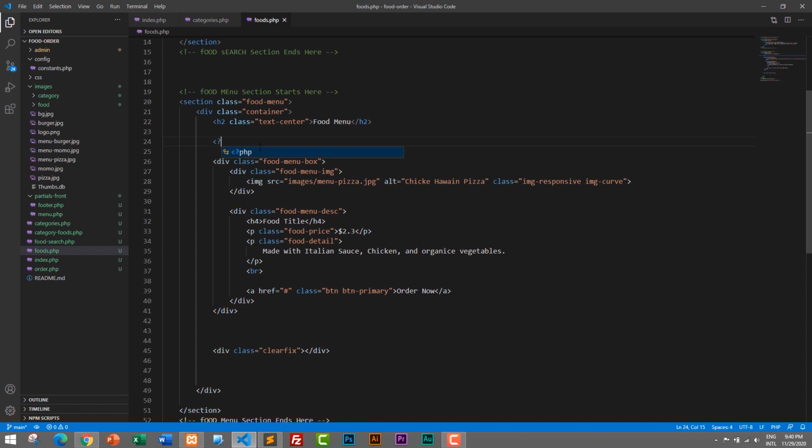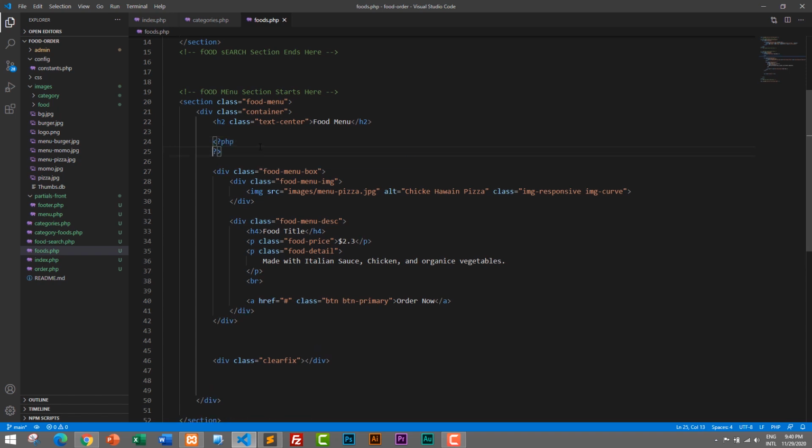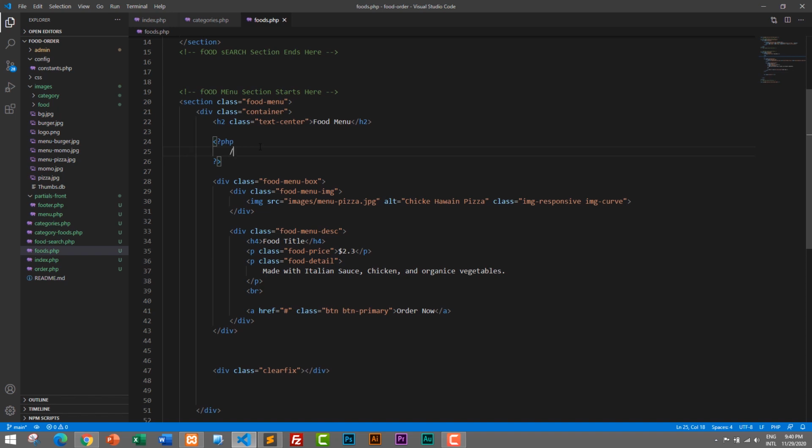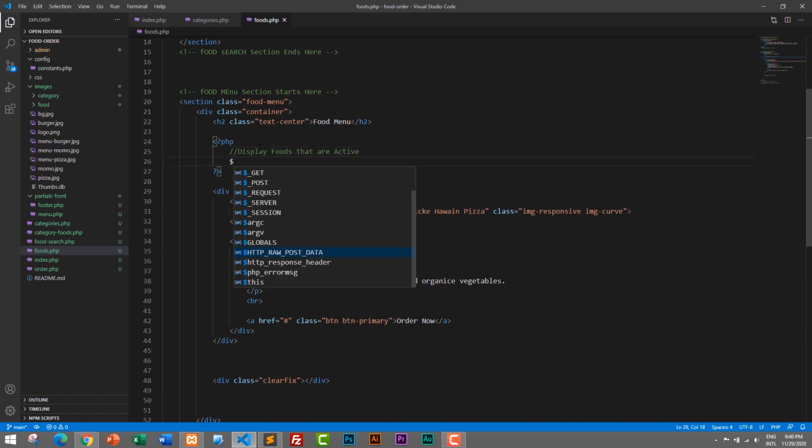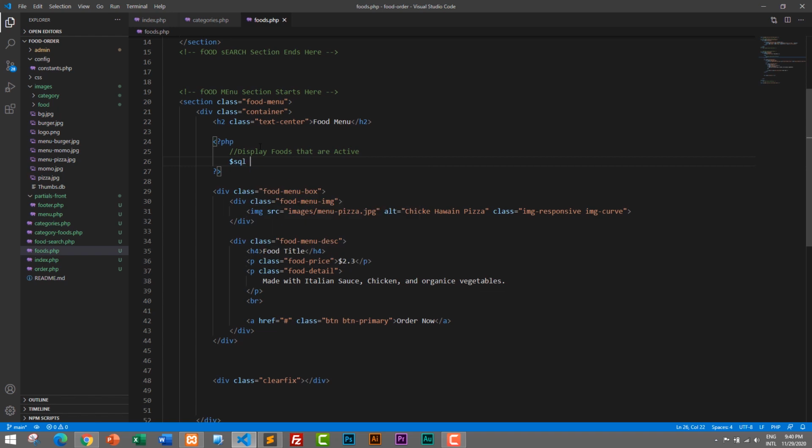Okay, so I'll open PHP, and here I will add a comment, display foods that are active. Okay, so I'll create SQL query, $sql is equals to